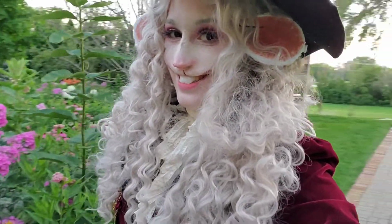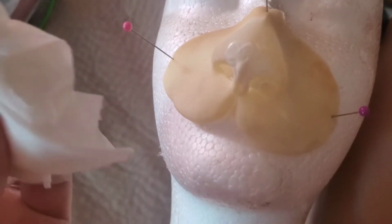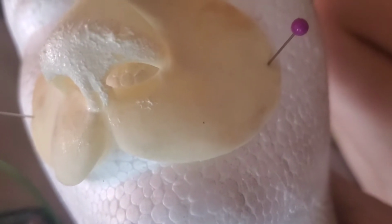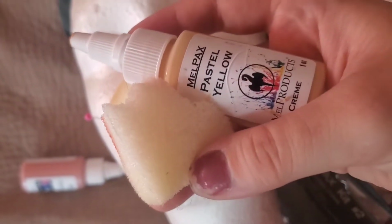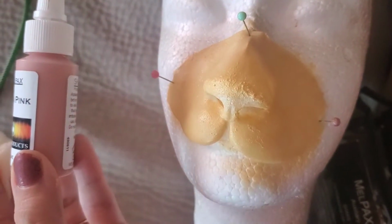Today, as we get into makeup, we're going to talk about trial and error. So I ordered this nose online for a competition. It was less than desirable. I only had a week to put this together. It was not great. So to add a little bit of texture, I went in with some latex and textured the nose, and then used Pax paints to color it all, which added a little bit more texture and made the prosthetic look a little bit more believable, but it had